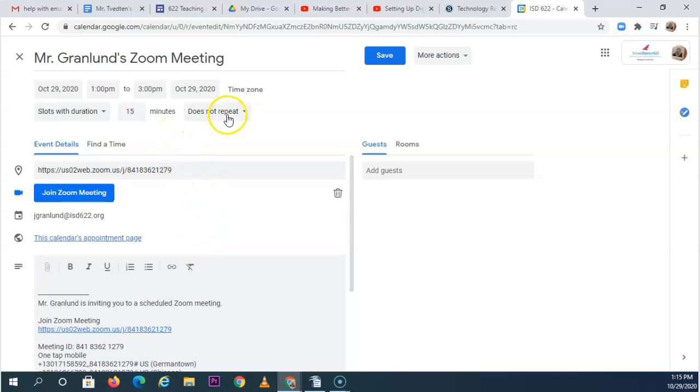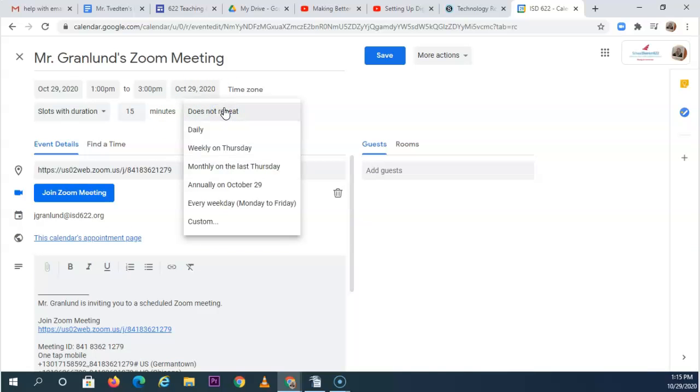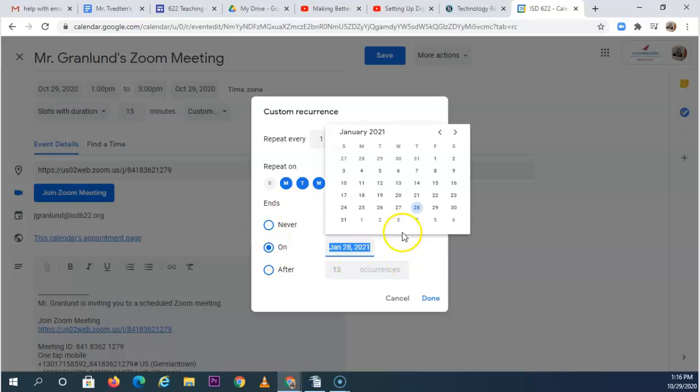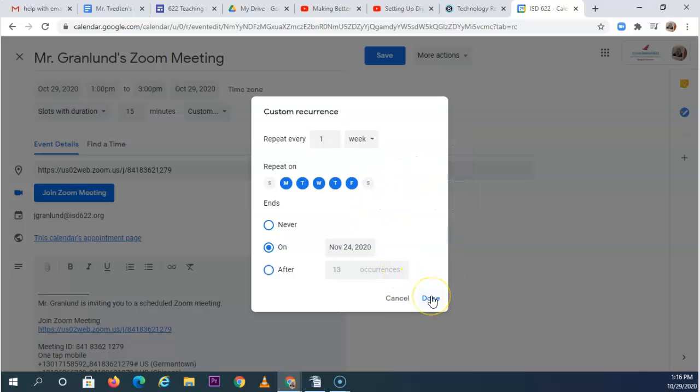Now what I want to edit here is the repeating factor here. So I'm going to have it do this on a custom rotation schedule. So every Monday, Tuesday, Thursday, Friday, so weekdays, we're going to meet from 1 to 2 and have appointment slots open every 15 minutes. We'll have it end at the end of the trimester on the 24th. We're going to click Done